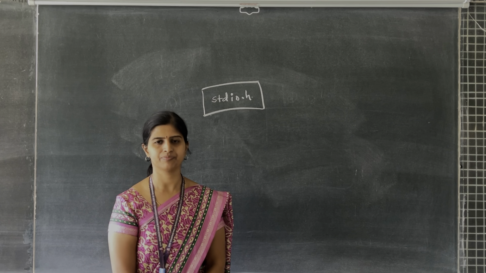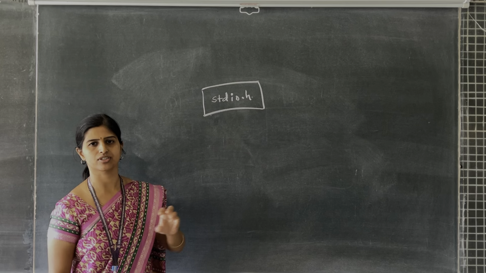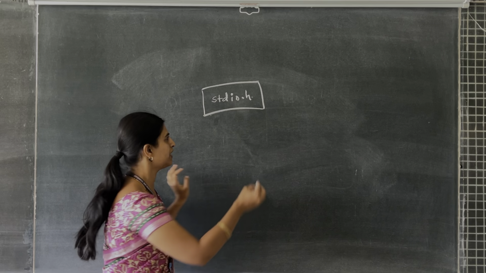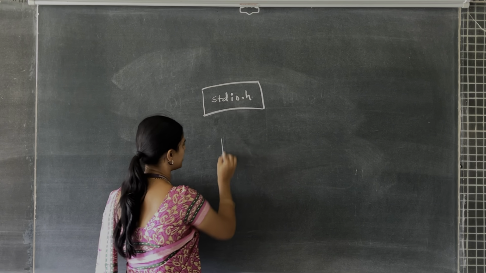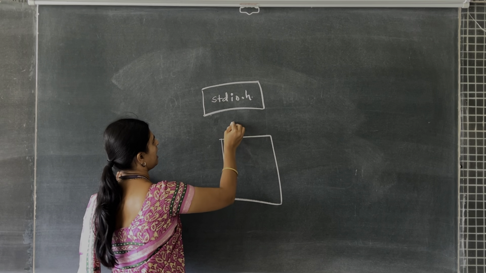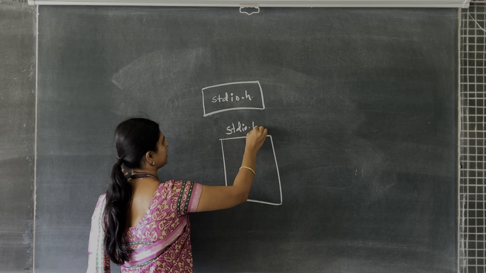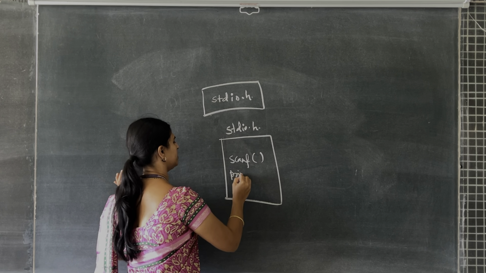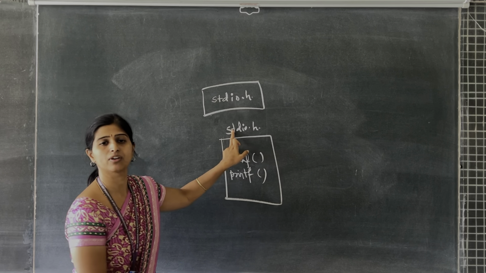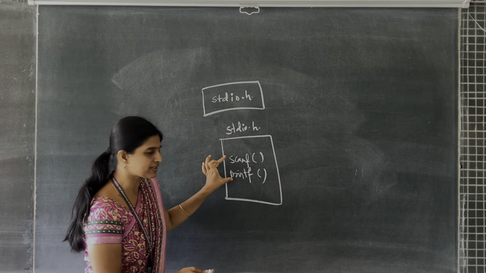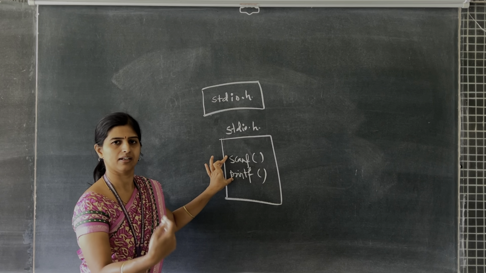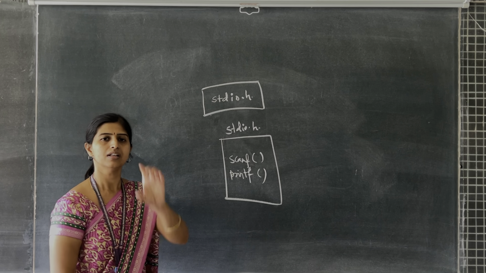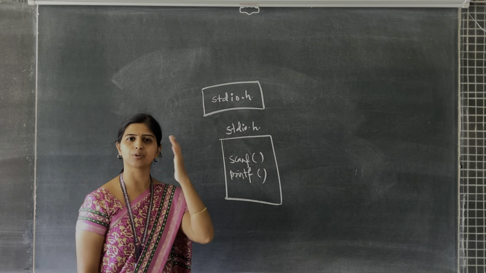Similarly over here, to make use of certain functions which are available in stdio.h, and we were talking about scanf and printf, these two functions are available in the file called stdio.h. Scanf is a function, printf is a function. Both are present in one file called stdio.h. If I want to use these two functions in my C code, then I am supposed to include this header file before I start writing the C program. That is one condition that you need to remember.